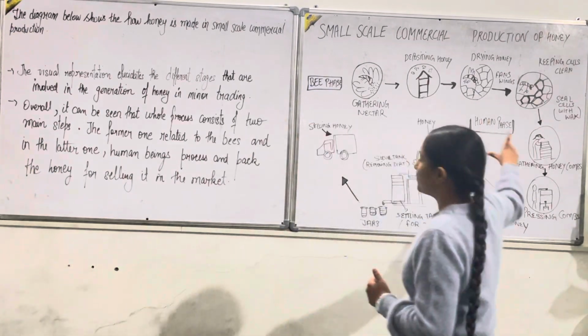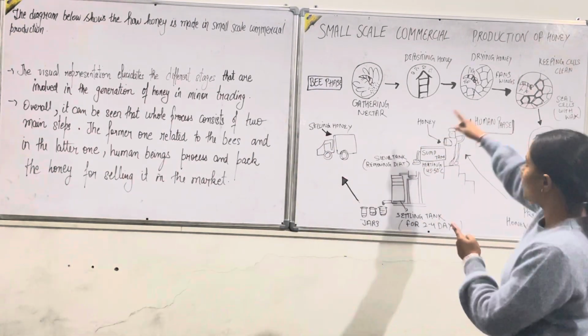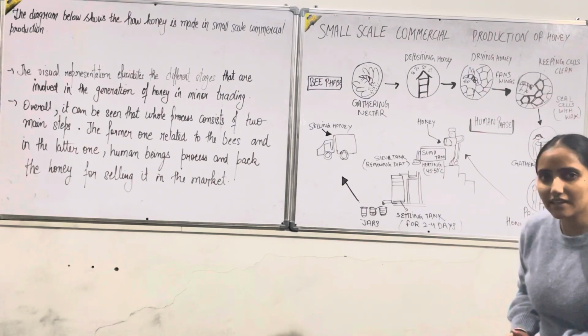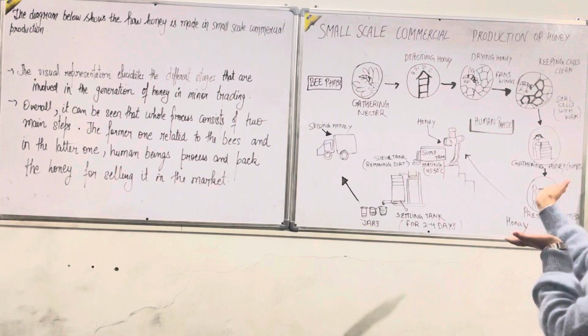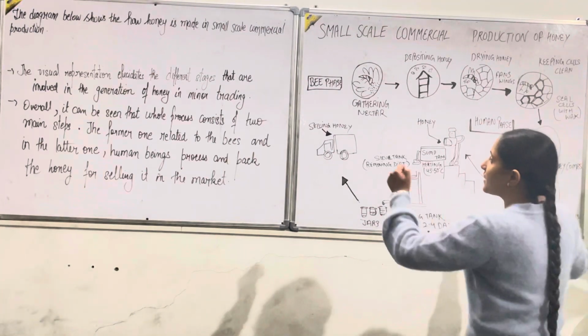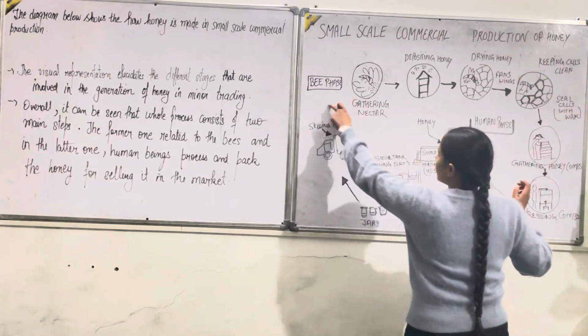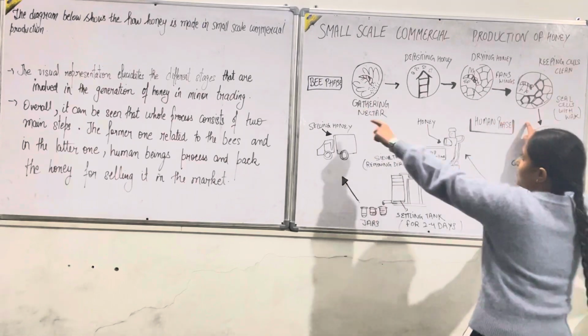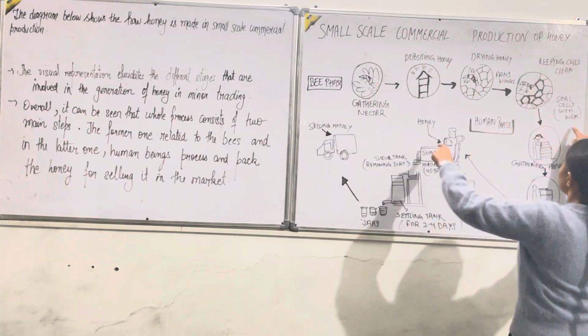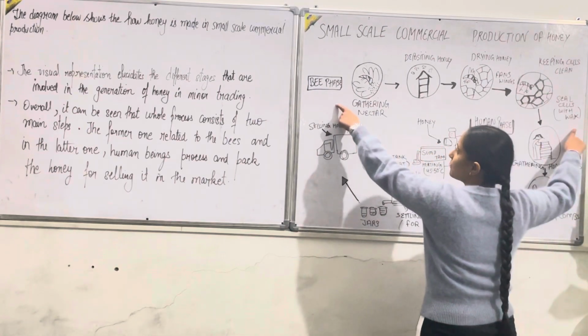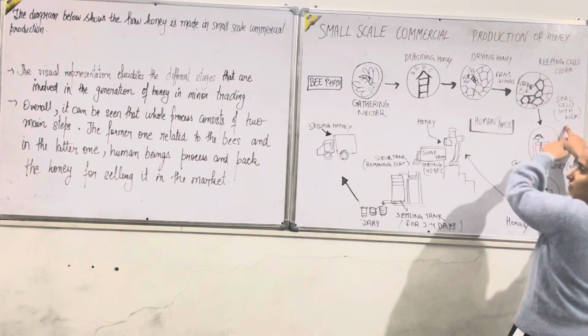After that, come to the overall points. So overall, what is this diagram depicting? It is depicting that overall there are 2 steps. What are these 2 steps? The first step is related to the bee phase, in which bees are involved. So starting from this till this, it is the bee phase.